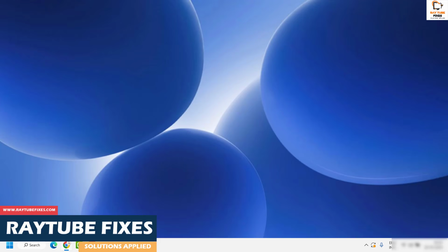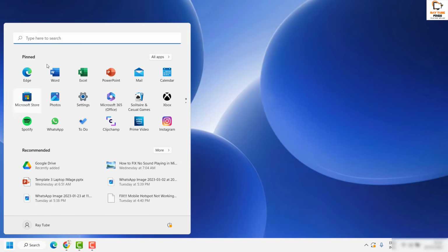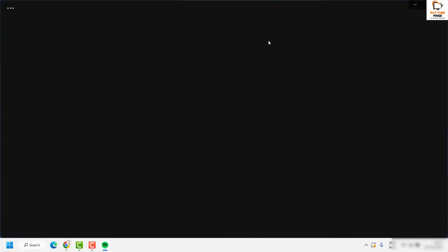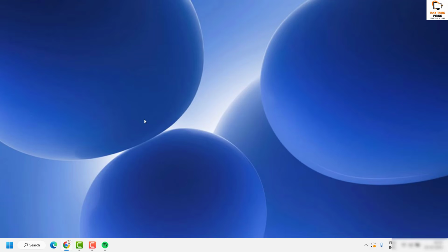Once you delete all the contents from the Spotify folder, you can try opening Spotify and see if you're able to play music on your computer using the Spotify app. In case you're able to play music in your Spotify app, well and good, you don't have to try the next step. Now as a next step, what I would suggest you to do is